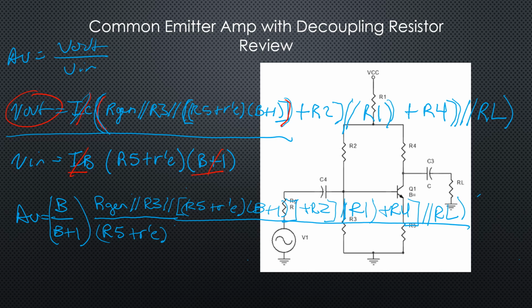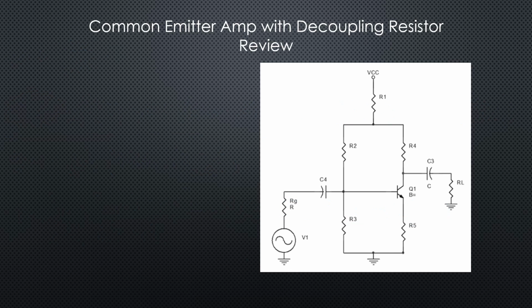But if you want to write it all the way out, there's the math to write it all the way out. All right, so AI, the current gain, I out over I in. Now this is the same as all of our current gains. So we can simplify that, or we can go right to it. So our AI,